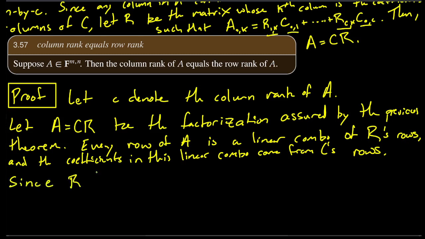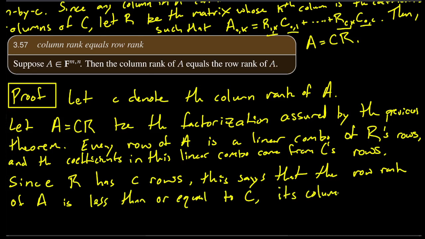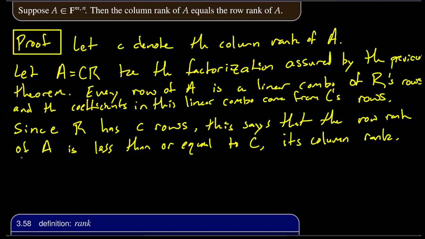Okay. Since R has c rows, this says that the row rank of A is less than or equal to c, its column rank. Oh, okay. That's not too crazy. Now,